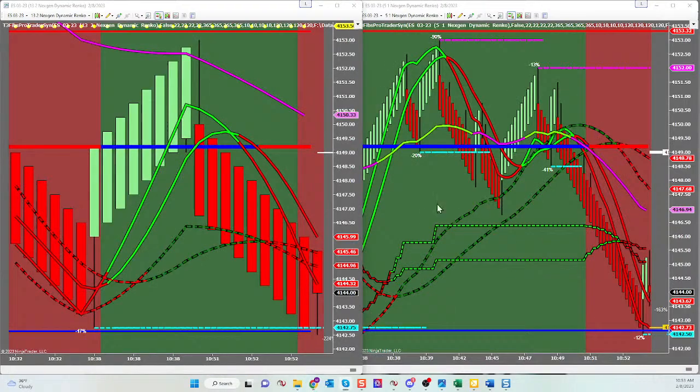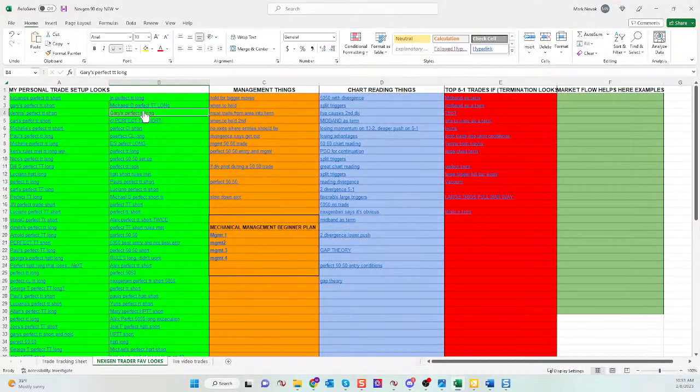And math people, I want you to help me out here. If I take 100 high probability trend trades, how many of those am I likely to lose? How many times are my rules going to be met 100% perfect and I'm still going to end up losing money? 30, right? So Sam, we can prepare for that mentally. We can prepare for that financially. We have no idea which 30 you're going to lose. But what we do know is that if I keep taking the perfect setup,